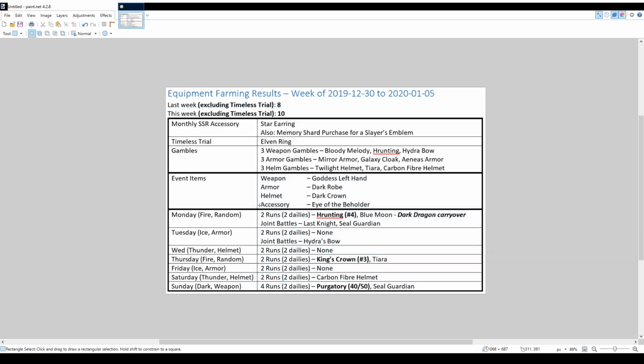So, in terms of gambling, I guess I should mention that first. I actually did all my gambles, and I didn't really get anything good, right? Bloody Melody, Hunting, Hydra Bow, yet another hunting, of course. Sorry, what am I saying? Not 3 mirror armors. 3 armor gambles gave me a mirror armor, Galaxy Cloak, and an Aces armor, which was...